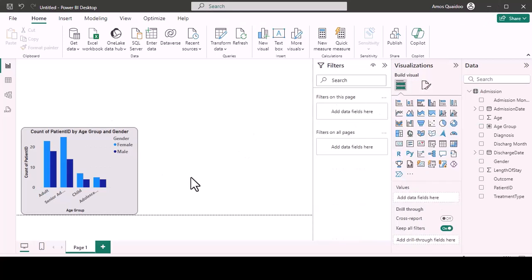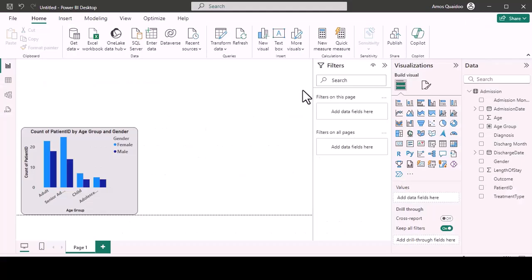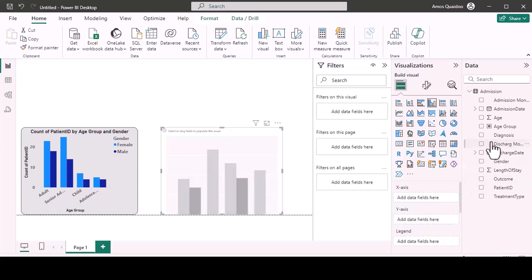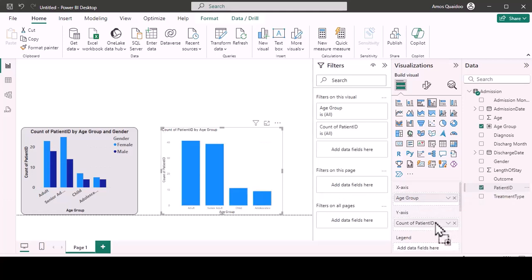Now let's go to the next question. What are the most common diagnoses among different age groups? So let's use the stack bar chart. So here the age group will go to the x-axis, and then the y-axis will be the patient ID,